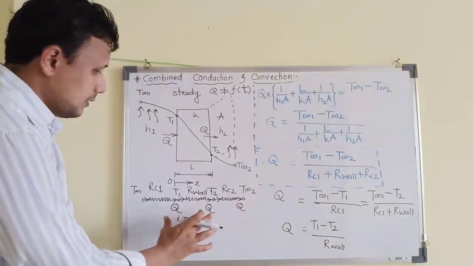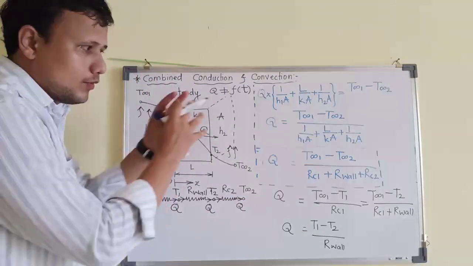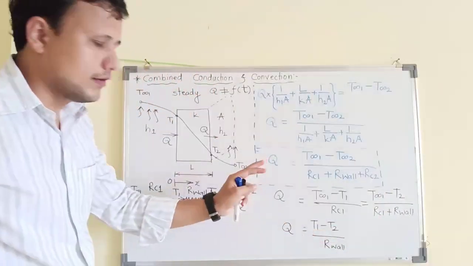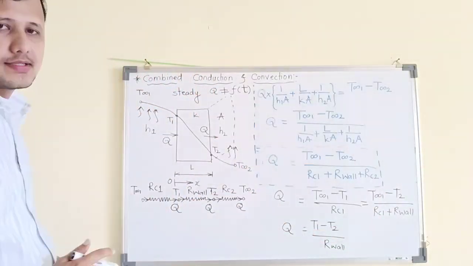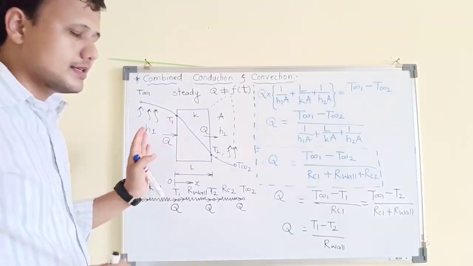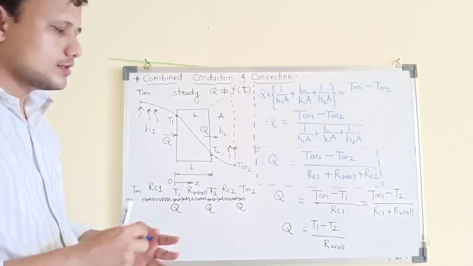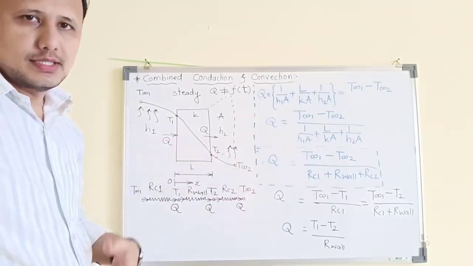So see, with the help of such a simple diagram, we have avoided so much complexity, and we can simply write down these equations only by observing this diagram. That's the beauty of this electrical analogy when it is applied to a combined situation. In the next lecture, we will see more applications of this electrical analogy.